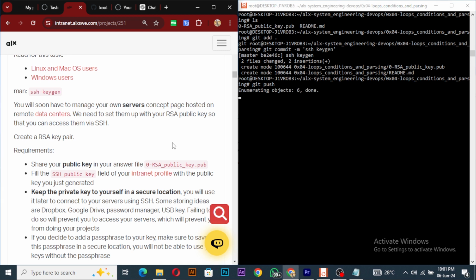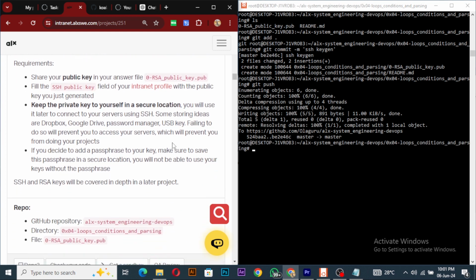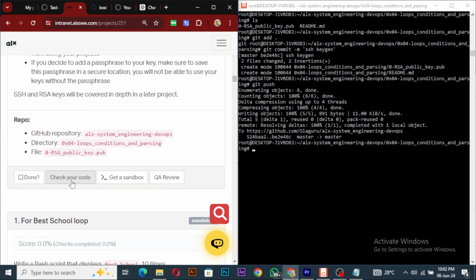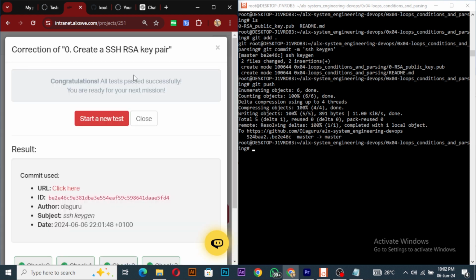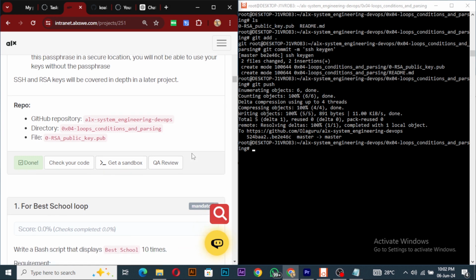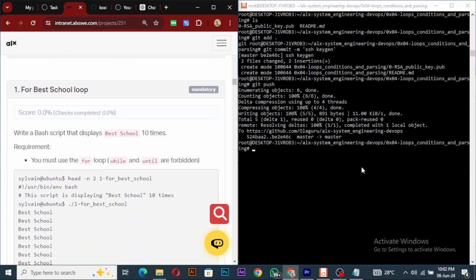So we have that pushed already, and that's all we need to get started with that. So it says we're correct, and that's it. So move to the next task, and this one now has to do with